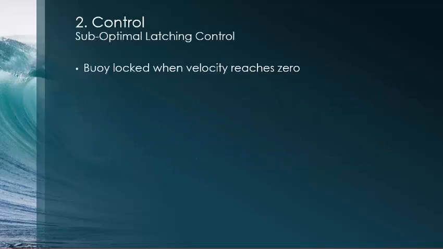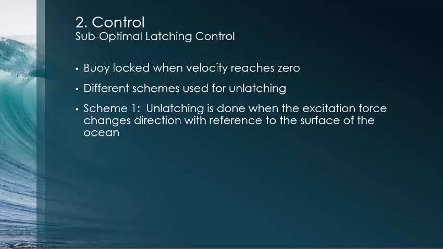For suboptimal latching, we have the same condition for locking as for optimal latching. For unlatching, we make use of different schemes. We look at two of them. The first one, latching is done when the excitation force changes direction with reference to the surface of the ocean. If you recall the condition for maximum power extraction, that is, velocity must be in phase with excitation force. In simple words, Scheme 1 only tells us to unlock the buoy when the velocity and the excitation force are